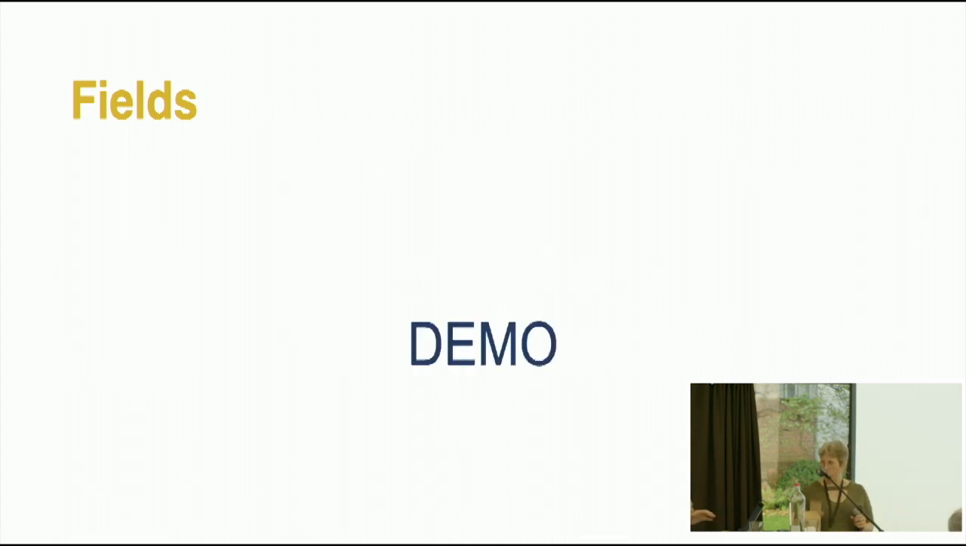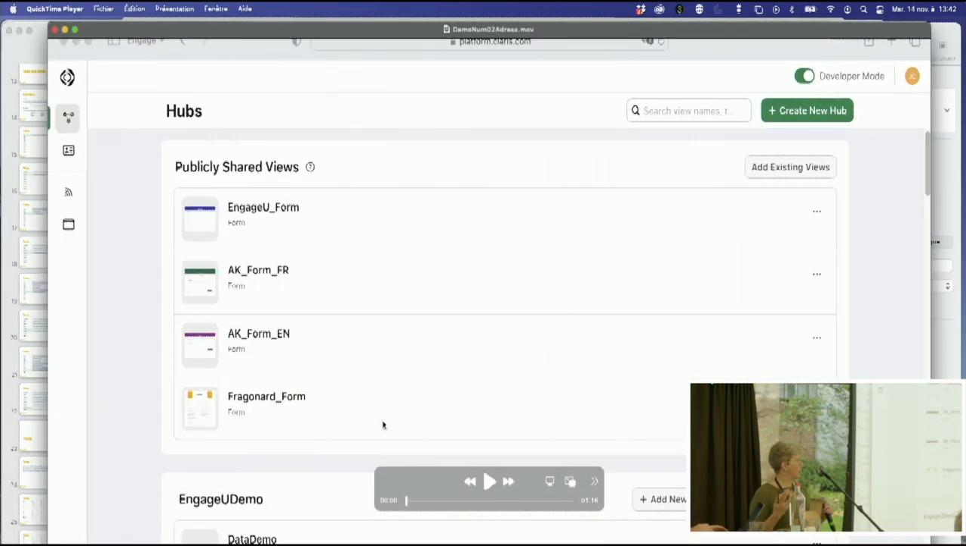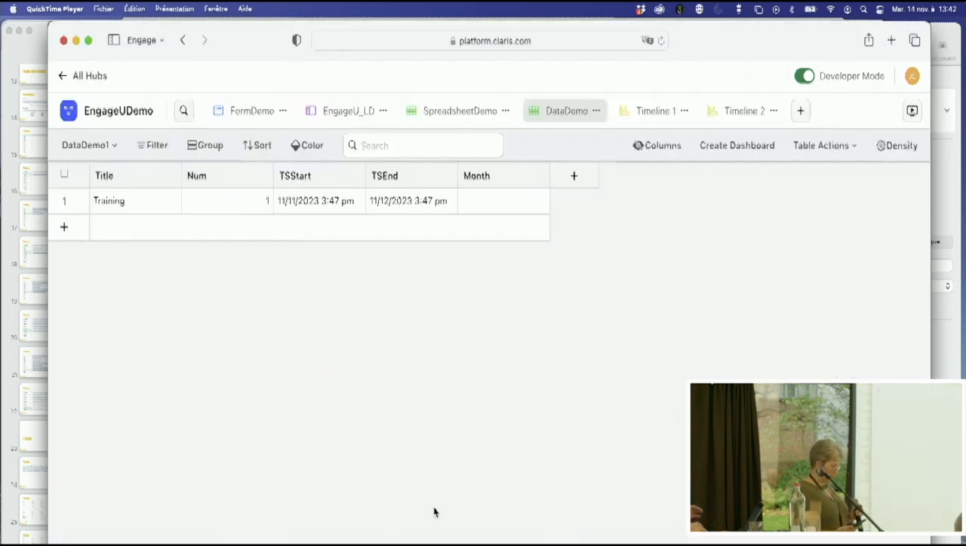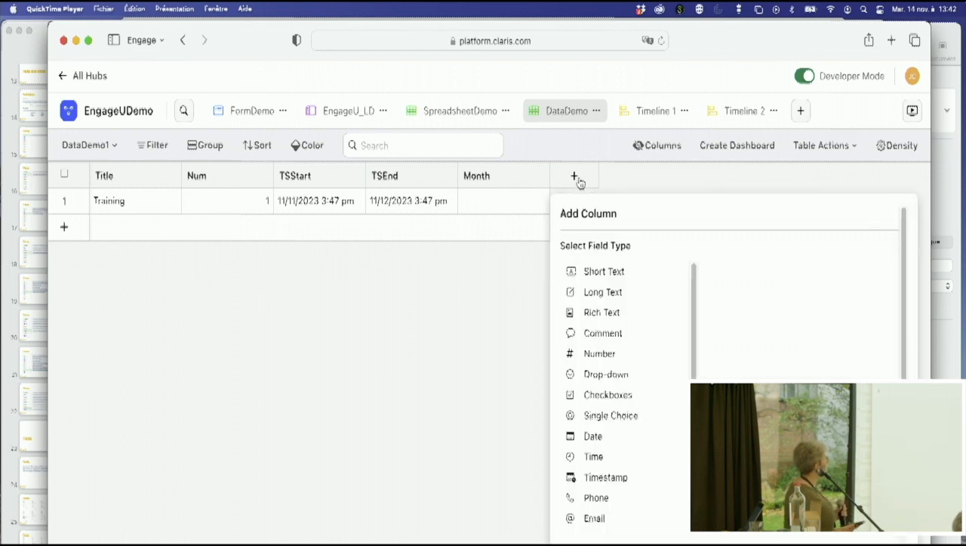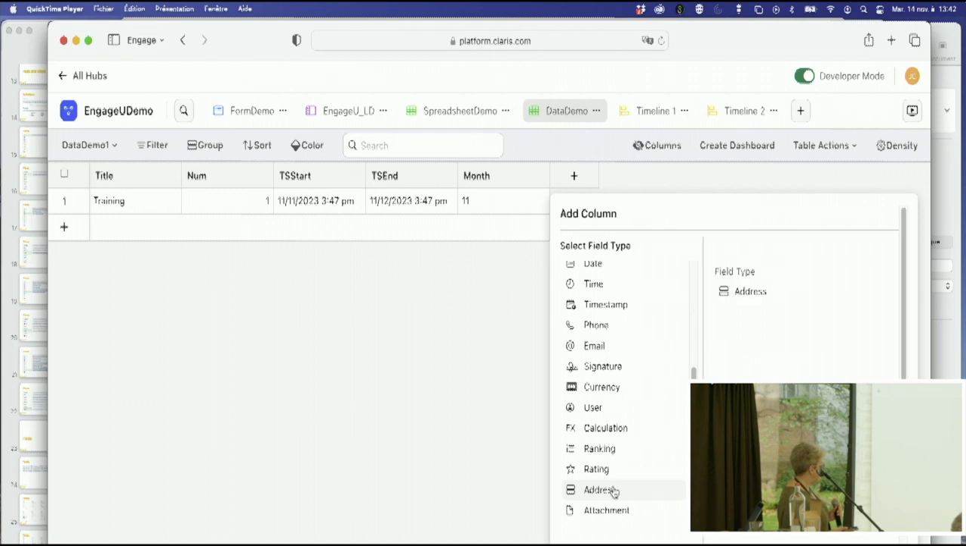So we are going to do a demo. First, the address field, which is a group of fields, as you will see. So here we are on a spreadsheet. Click on the plus to add a column, so a field. And when you want to add the address field,